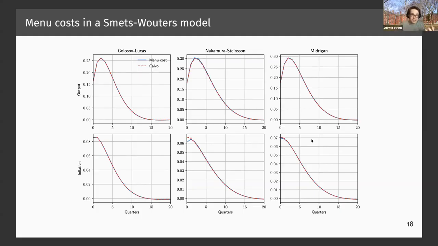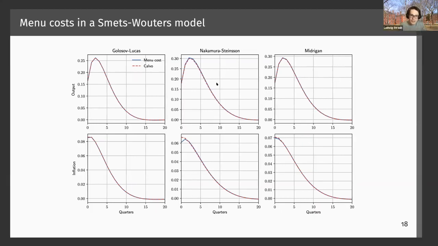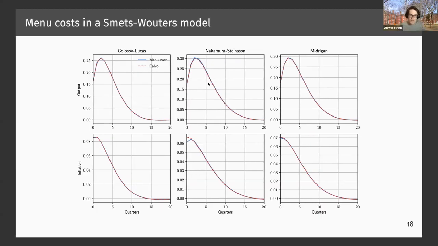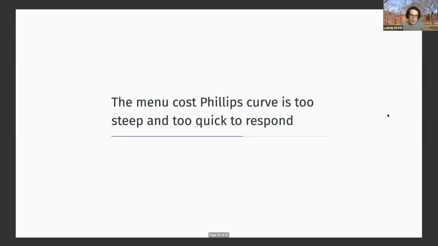And it's really easy to do because all you need to do is figure out the approximating Calvo parameters, and then you can literally just work with the Calvo Phillips curve. Okay, so the approximation works really well. And so this raises the question: okay, well, now we know what the Phillips curve looks like of these